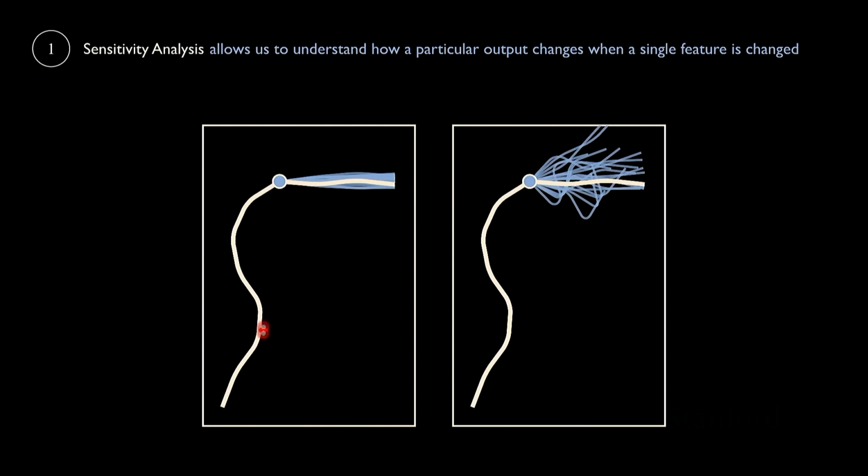Let's imagine we have a trajectory of an agent through some environment, and the white trajectory is the trajectory that we see. And so these both have the same white trajectory here. But then let's say that we change one feature, so we maybe resample a disturbance at this point in the trajectory, and then we roll out the rest of the trajectory with the same disturbances from there. So we just perturb one point in the trajectory, and we do that for both of these.